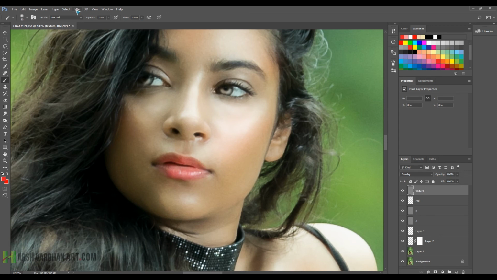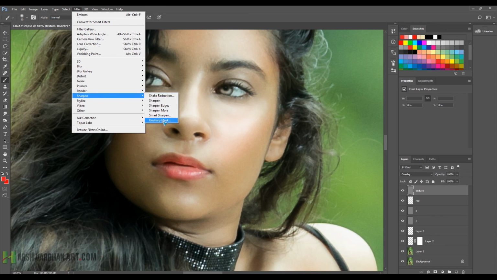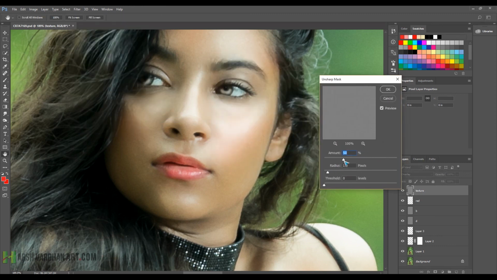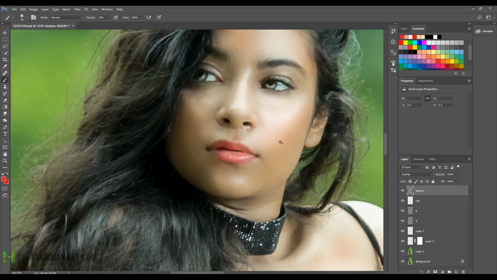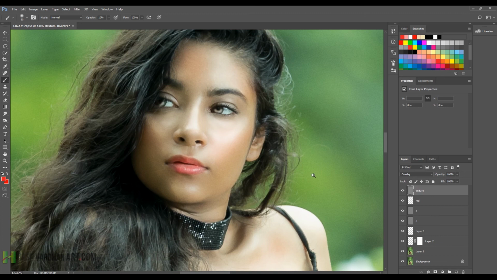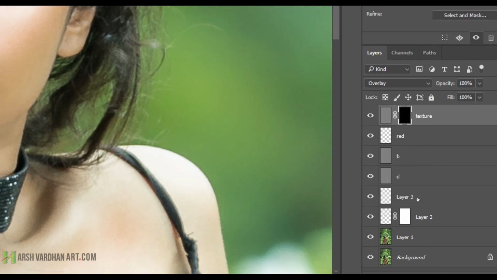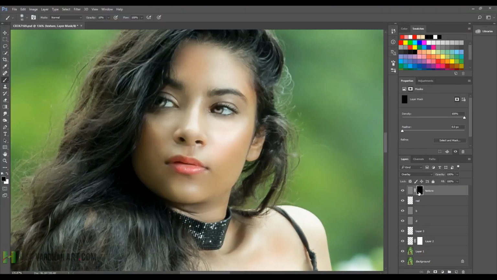texture, and now we need to go to Filter and select Sharpen and select Unsharp Mask, and we'll increase its amount to the sharpening level, and we can adjust the radius as well, but I think this much amount is just fine, around 80%, and we'll press OK. And you can see we have added the texture, but this texture is not looking that good because it is spread everywhere. All right, so for that purpose we will press Alt or Option and click on the mask icon, which is over here, and this is going to create a black mask,